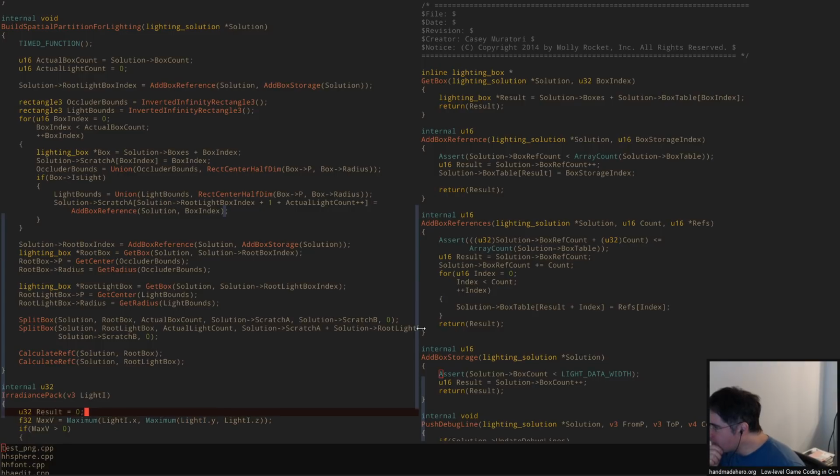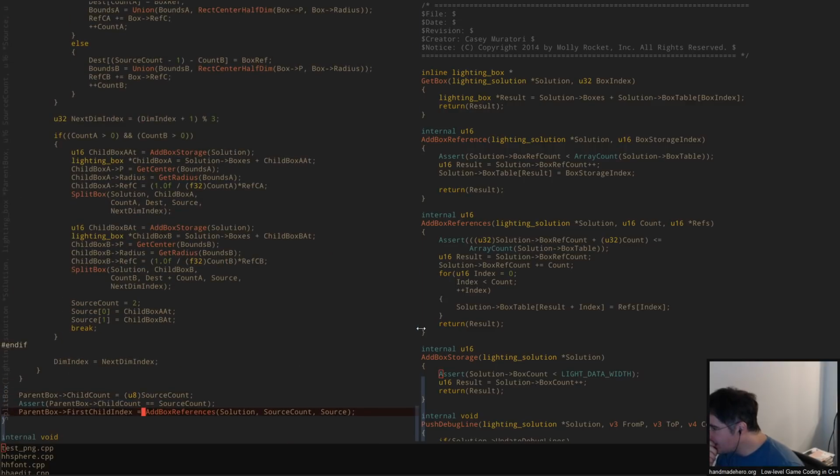In the case that there's a light, we pack these indices together by putting them off in their own thing, right? And I guess the scratch array is just really there for doing the indices. Does this add box? Yeah, so these just get appended on at the end anyway. And for these, we just added an actual new box for each of them so they get their own indices, right? Because when you add box storage,